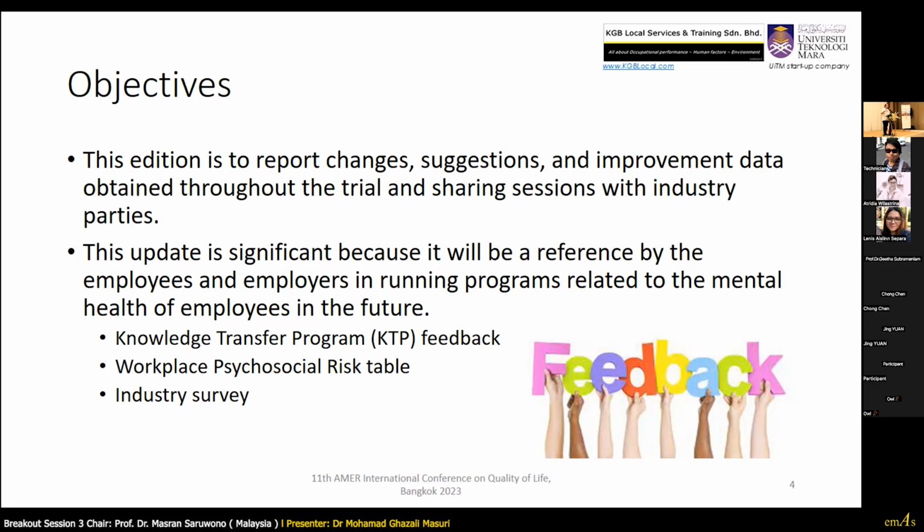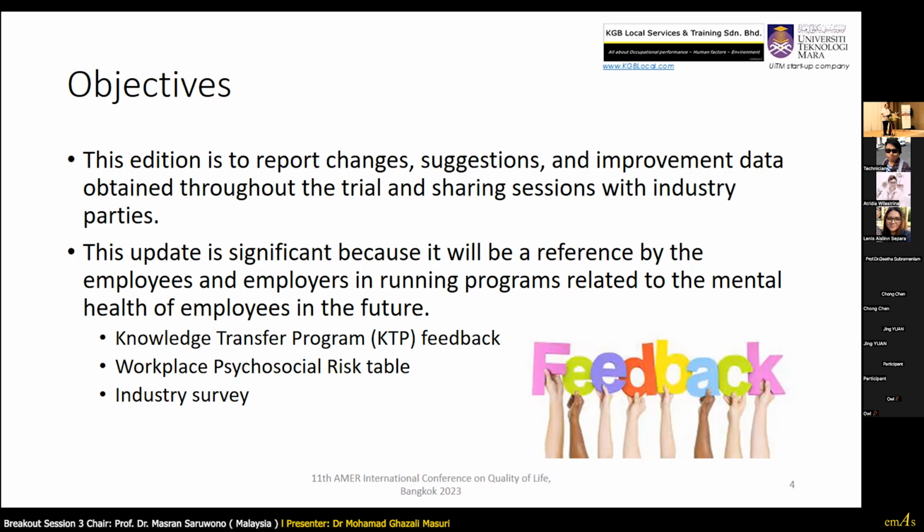Last paper we have M3 table, if any of you have read that papers previously. But now we have a new table, we call it a workplace psychosocial risk table. So this table is easy to administer, so that perhaps people can use a color coding: red, green, and yellow. So it's much easier to administer. Later on I will show you that.